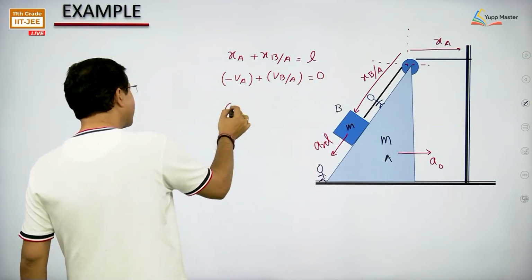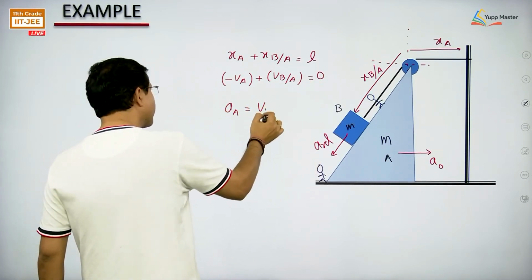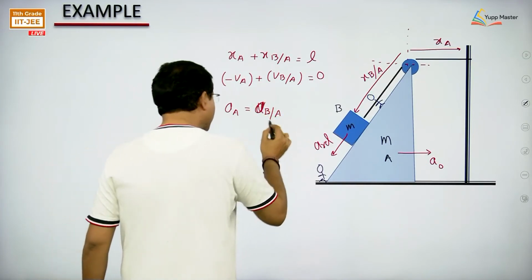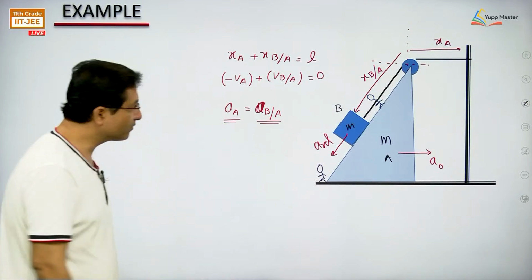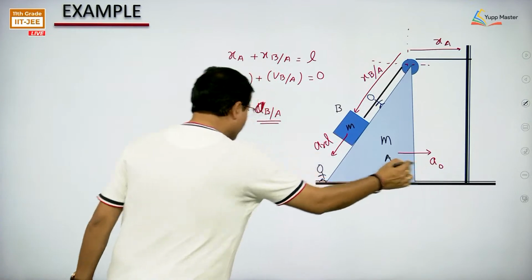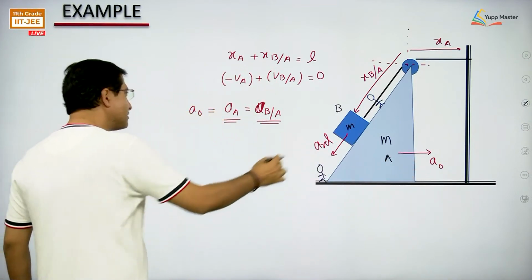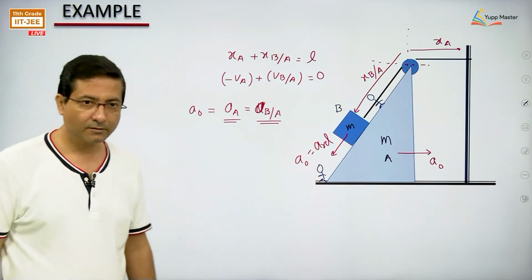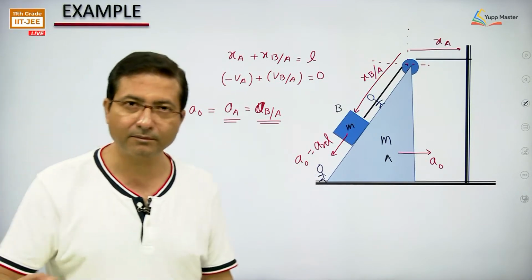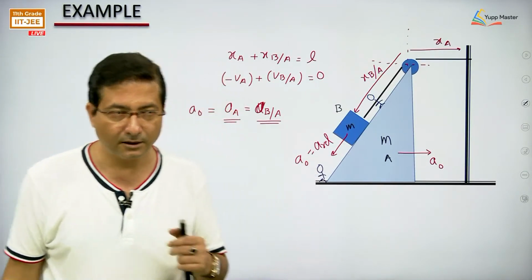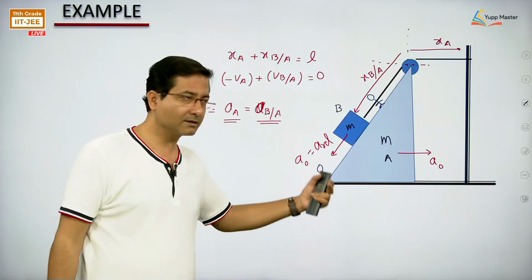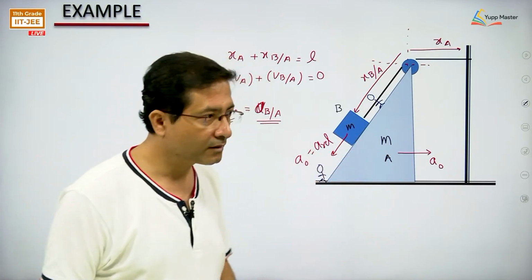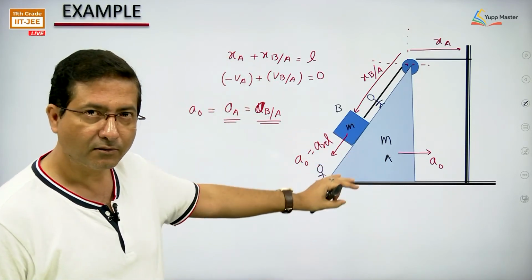differentiation of constant is 0. If I again differentiate, acceleration of B with respect to A. So the acceleration of B with respect to A will have the same magnitude as that of A. Acceleration of A is a naught. That means this relative acceleration will have magnitude a naught. This is from constraint. Again I am telling, I have already discussed constraint. If you have missed that class, go through that class again, okay. Then come to this one. So constraint, first relation I have,